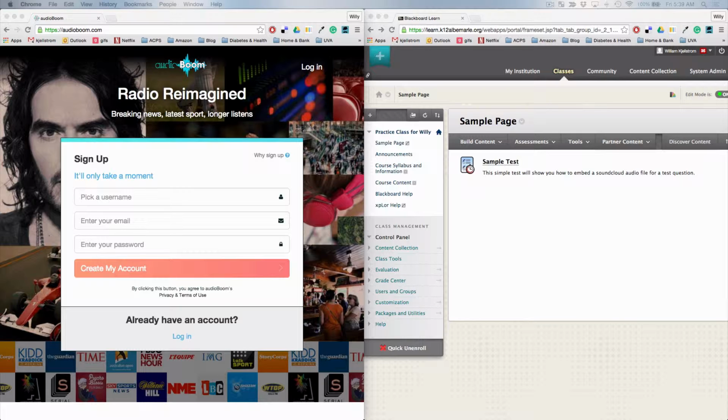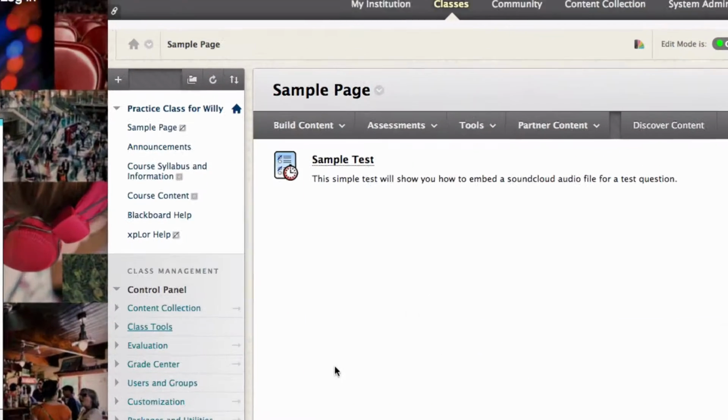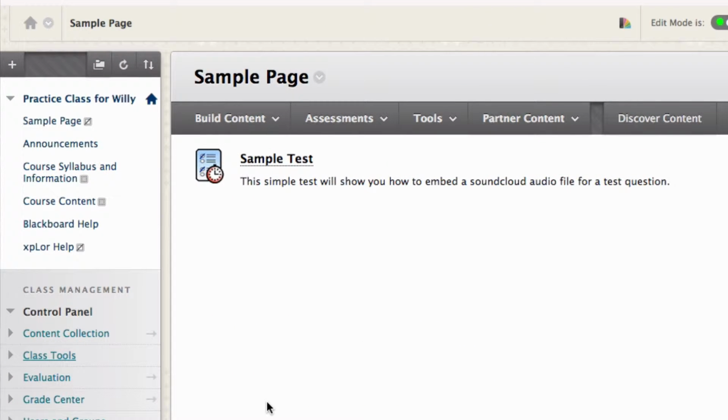So to begin with, I've logged into my Blackboard course website and I've already created an assessment. This tutorial will not go over how to create the assessment item. That would be too long and complicated. But assume you already have an assessment that's been created with questions, with items, with responses, and with scoring rubrics